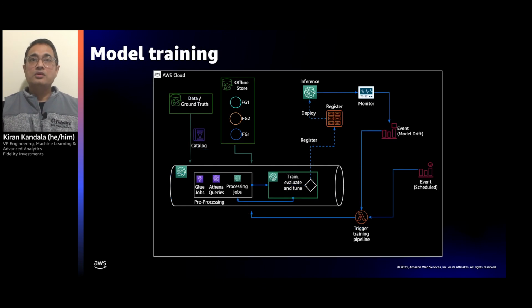We have seen how feature store is being used for real-time inference. Now I'll walk you through how we are using offline feature store for model training. Model training is an iterative process that requires features and ground truth, also referred to as labeled data. Features from offline store, these are the same that were ingested through online store, and that would address the training serving skew, along with the ground truth that's captured and any additional data from S3.